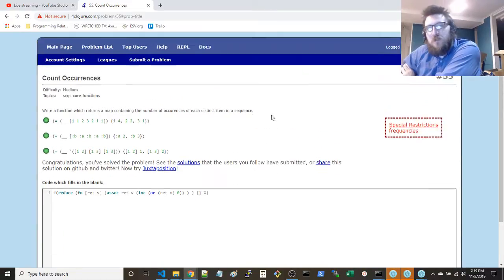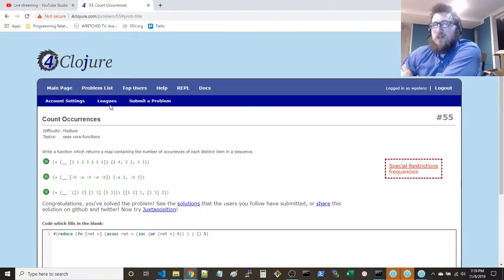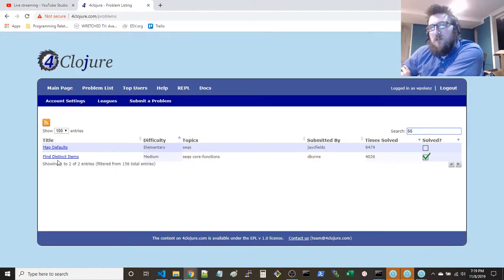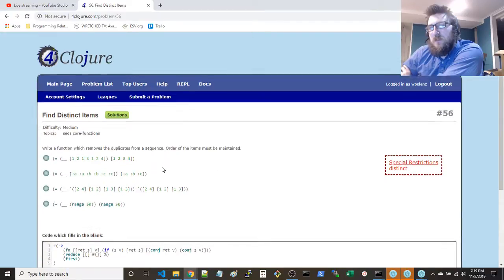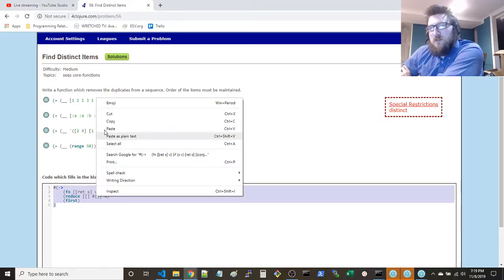Not bad. This is also a solution that someone else has already written. This wasn't what I came up with initially. What I came up with initially was way uglier, but that's a pretty good way to do that. So next, we're going to go to 56 for the occurrences. Find distinct items. Okay. Oh, you already saw the answer. Yeah, I'll just review it,